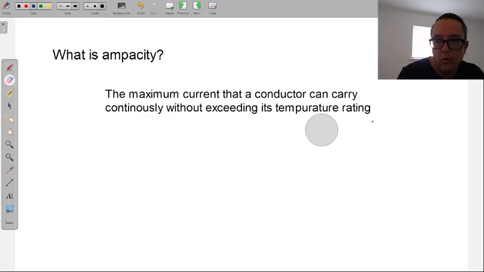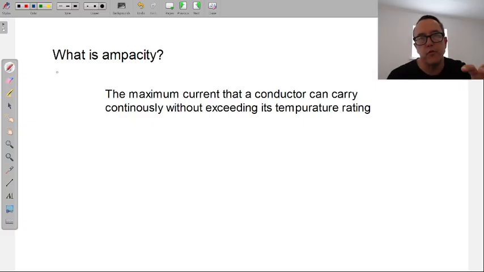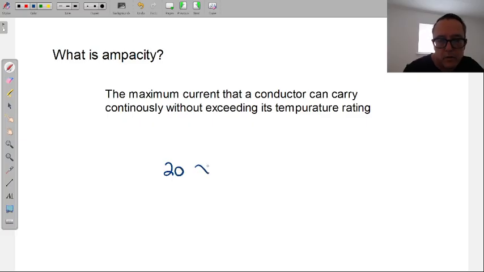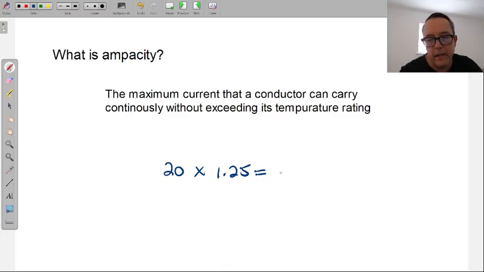So our goal, always, is to select a conductor that can handle the load. Now, there's a few approaches to handling a load or selecting a conductor. One is continuous versus non-continuous. If we're dealing with a continuous load, then we do a little bit of an increase to the load. 125%, just to remind you of that. So, multiply by 1.25 is what we've done. And then we bump this amperage up a little bit. Not crazy, but just a little bit.